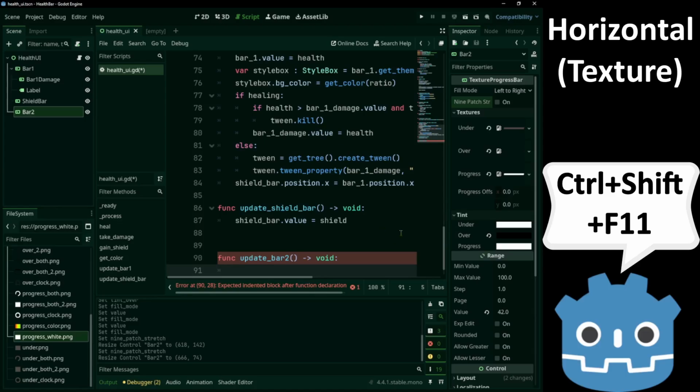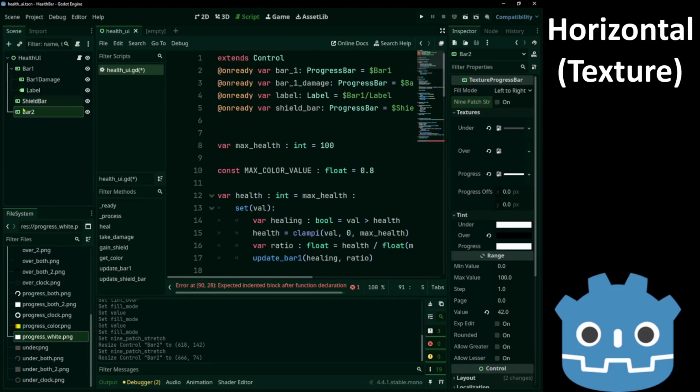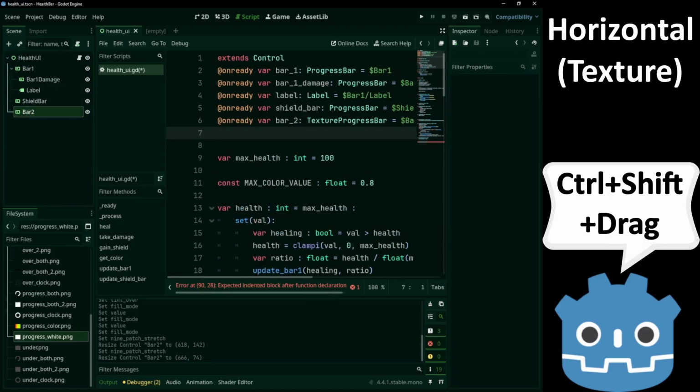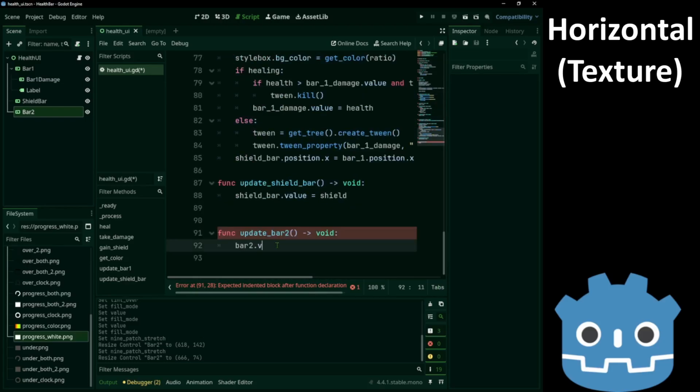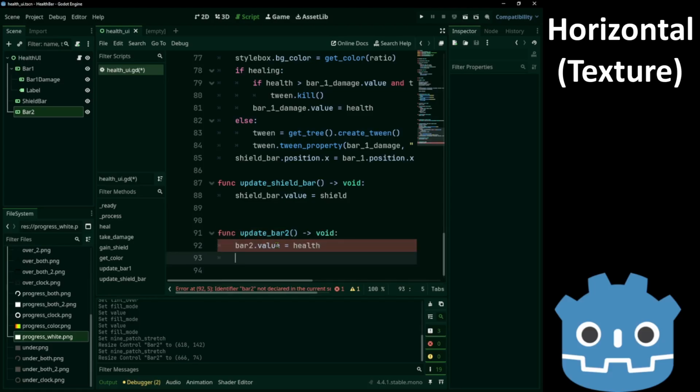Now we also need to add the bar. And we say bar2.value is equal to health. And we can also change the color. Now we don't have a style box anymore. We are going to use the tint.